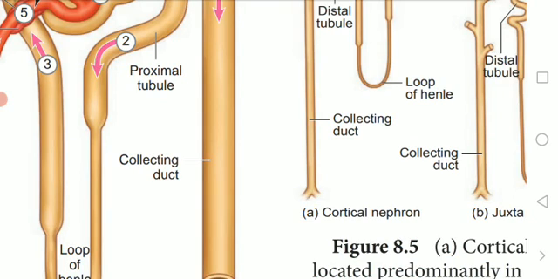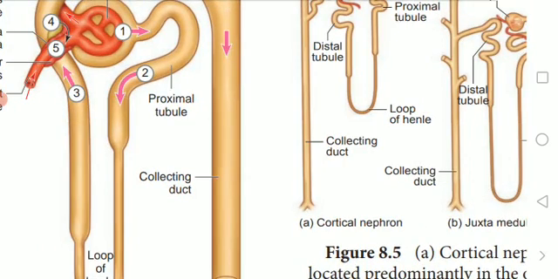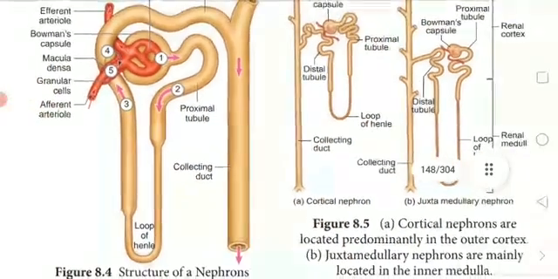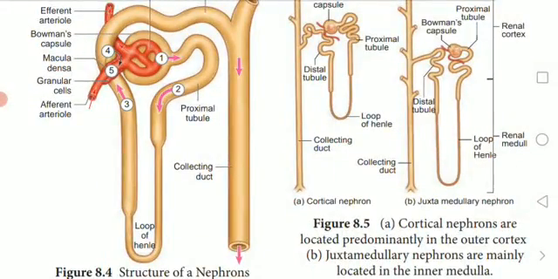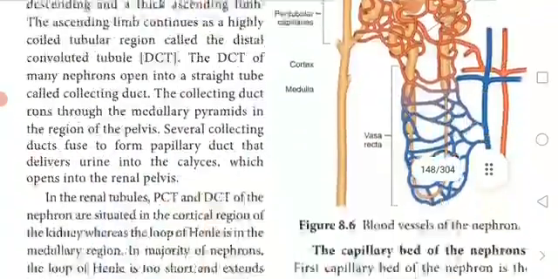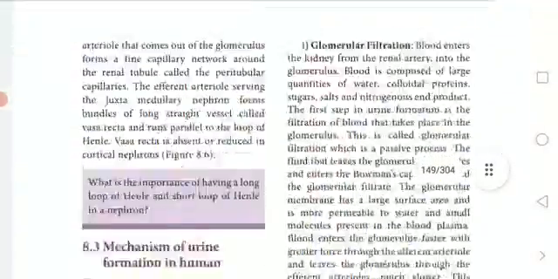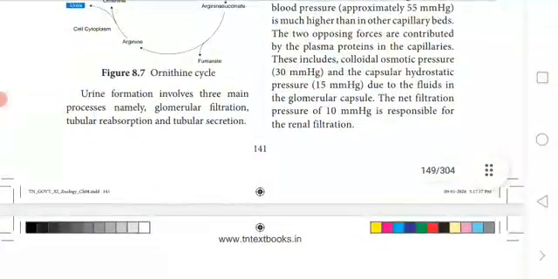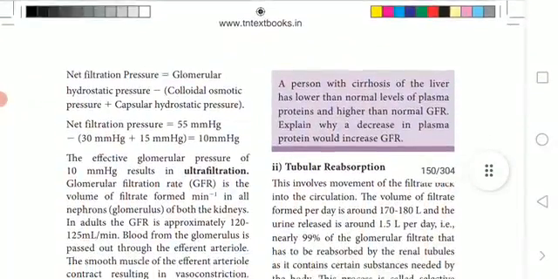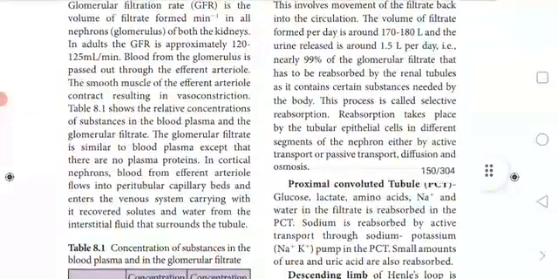The next one is the distal convoluted tubule here. DCT, distal convoluted tubule. These are the parts. Can you see here? The distal convoluted tubule recovers water and secretes potassium into the tubule. So they reabsorb water and secrete potassium into the tubule. Sodium, chloride, and water remain in the filtrate of the DCT.